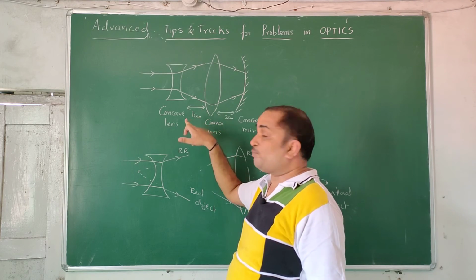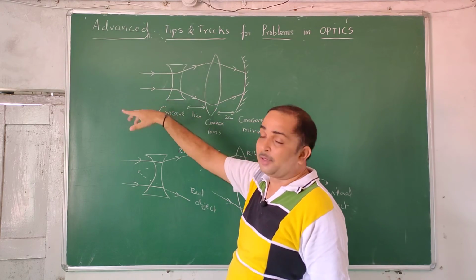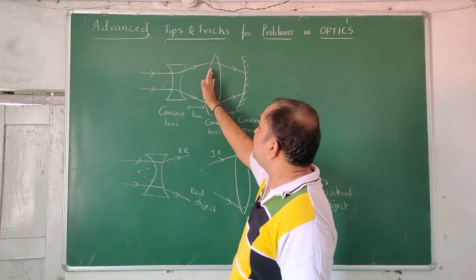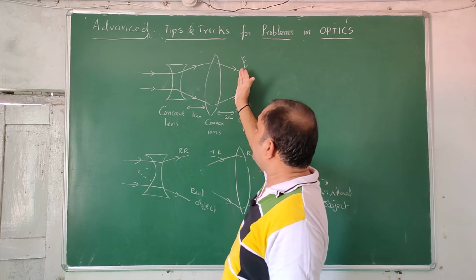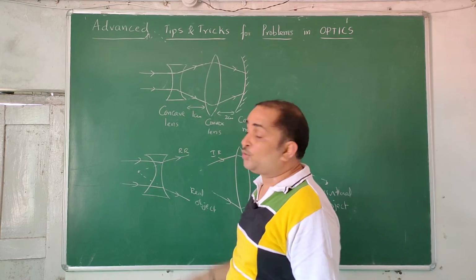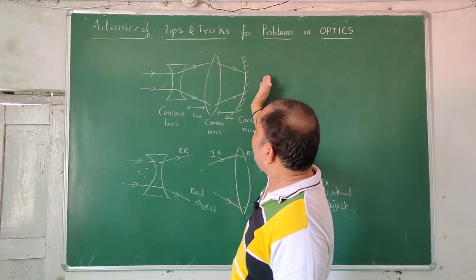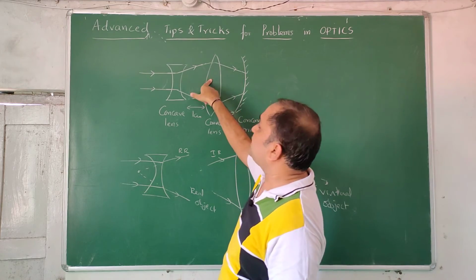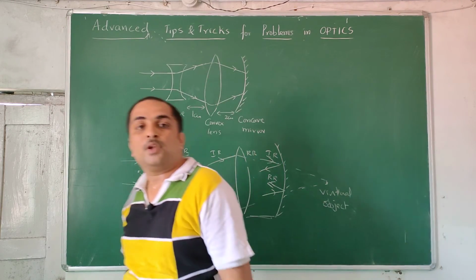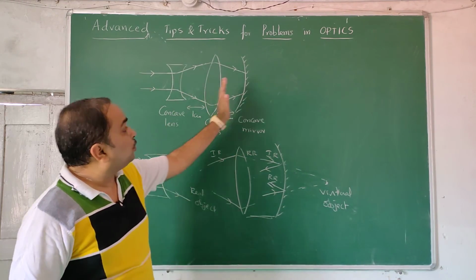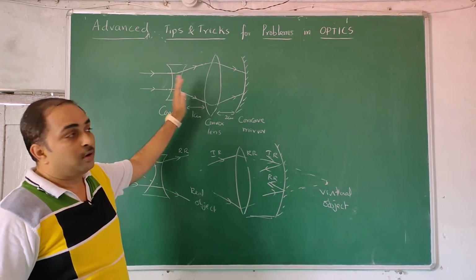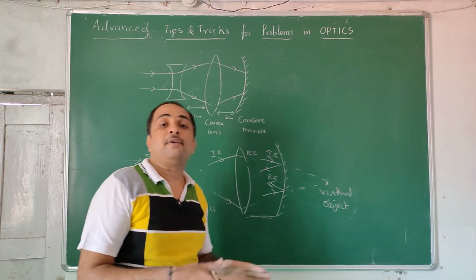That is the object again. Again, from this distance you have to add that previous distance and get the object distance. Next, this lens: after refraction, whatever refracted rays are there become incident rays for the next concave mirror. And whatever it reflects become incident rays for this lens. In that way, we have to go from left: 1, 2, 3, 1, 2 or 4, 5. Then you will come to a final conclusion.